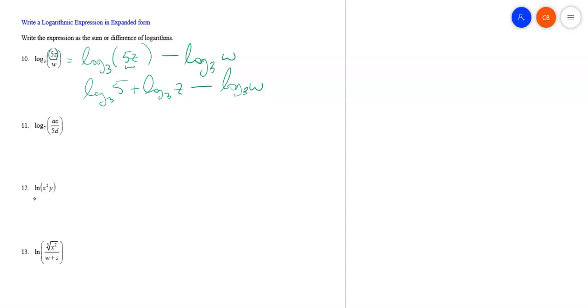Now we will try number 11, but we should pay attention to what's going on in this one. We actually have a product in the numerator and the denominator. This AC, that's the numerator, is a times c, and then in the denominator we have 5d, so it's 5 times d. Now when we do the first expansion, to me it seems natural we would expand on the division, so we will use the quotient property for this one. We should go log base 7 of the numerator, which is AC, minus log base 7 of the denominator,